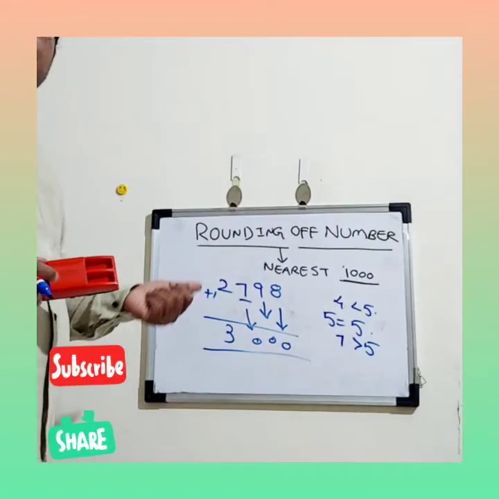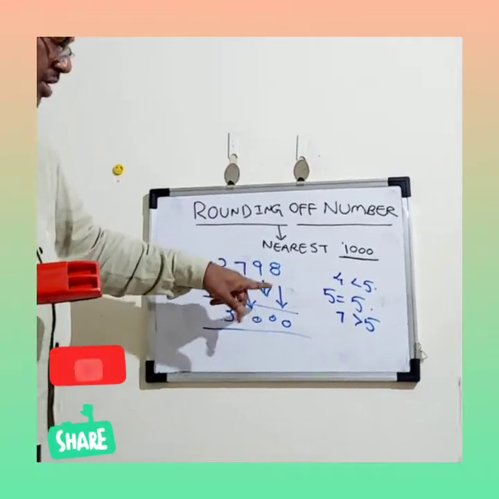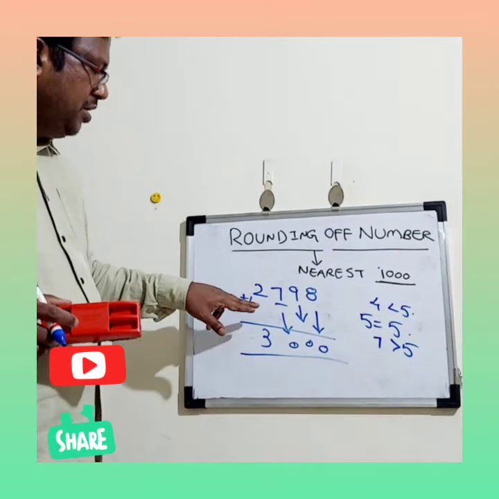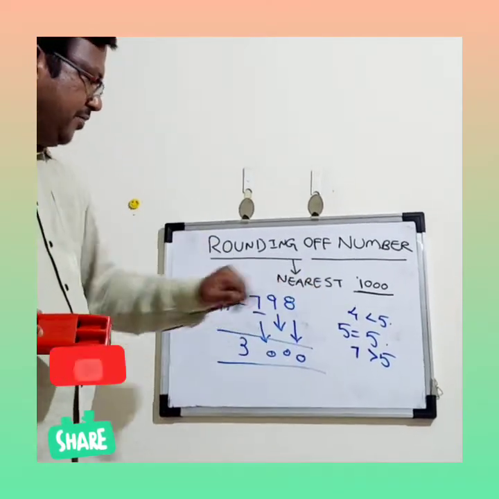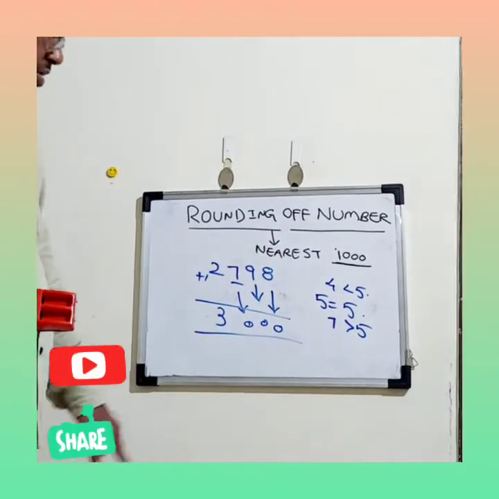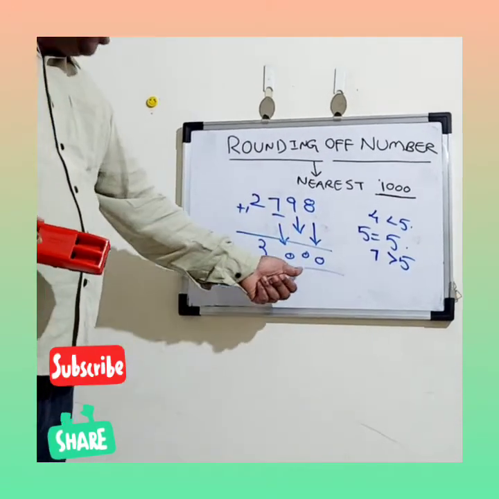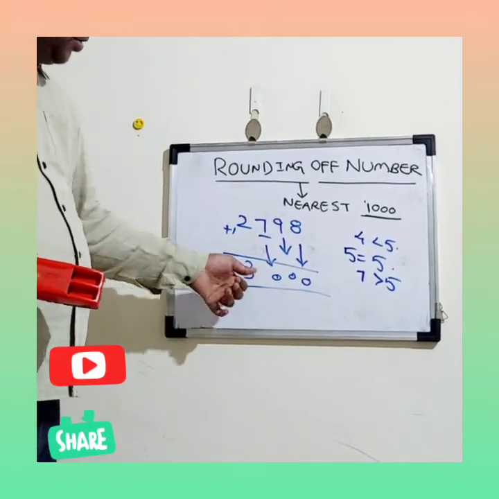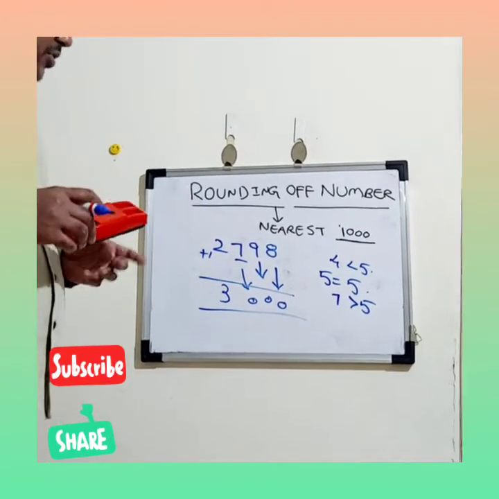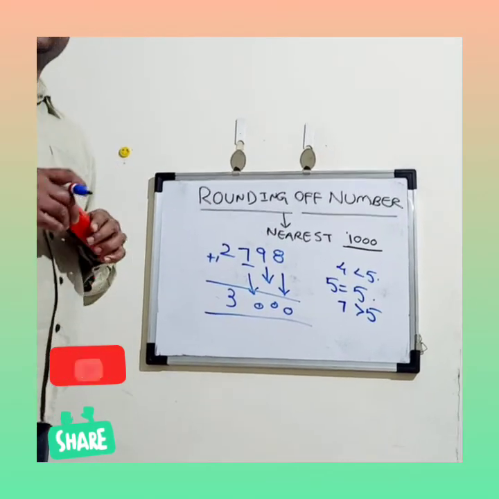The logic always depends on the number present in the 100 digit position. If it is less than 5, just put 0 in the unit, tens and 100 positions and don't add anything; write the number straight away. But if it is equal to 5 or greater than 5, follow this logic: put 0 in the unit, tens and 100 digits, but in the 1000 position just add 1, because we want the nearest 1000. That is the logic. We will use these methods in any competitive exam to solve problems in a very efficient way. Thank you.